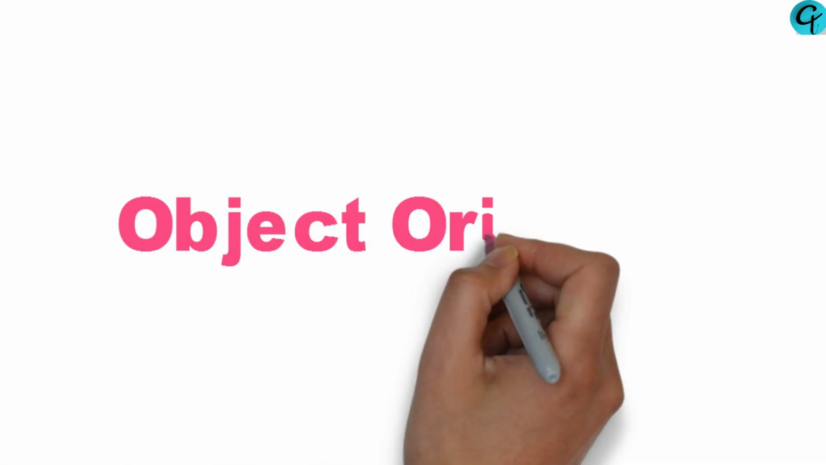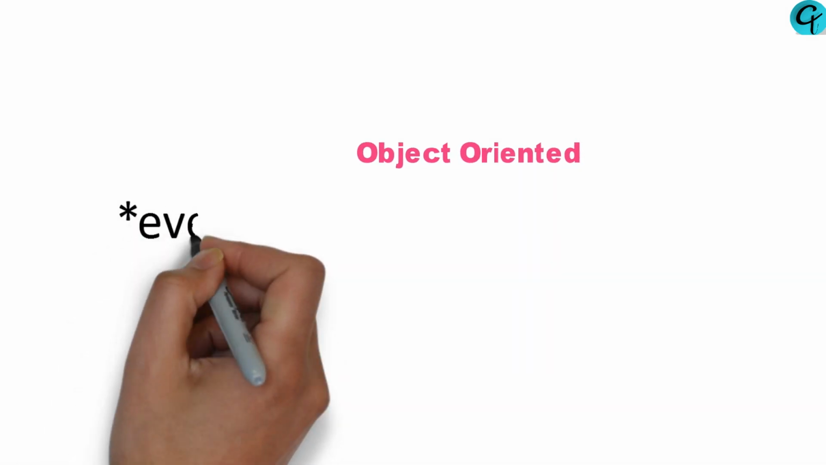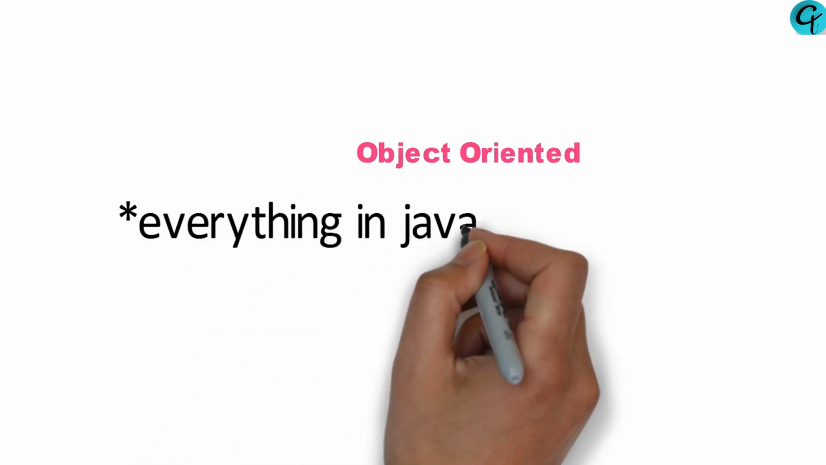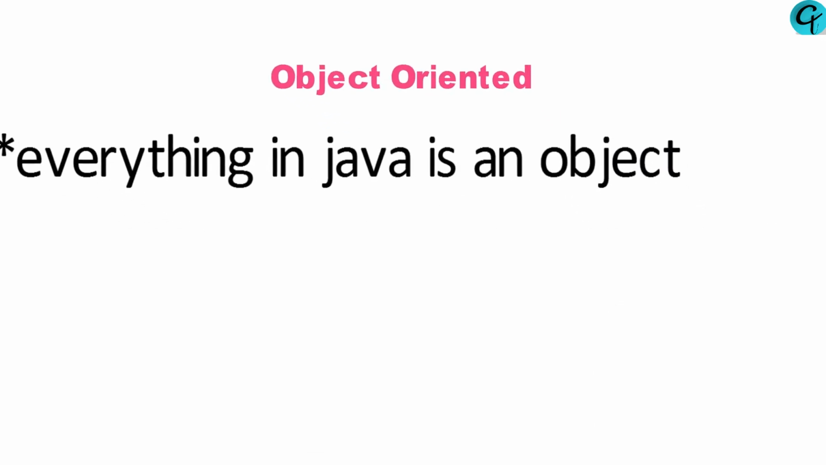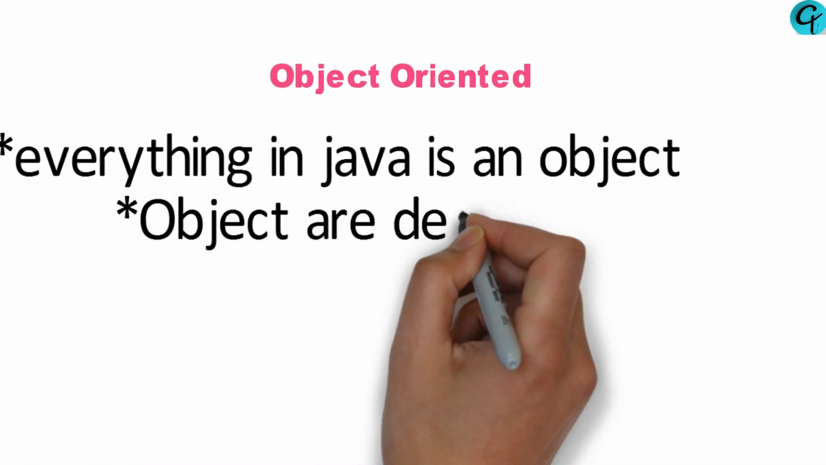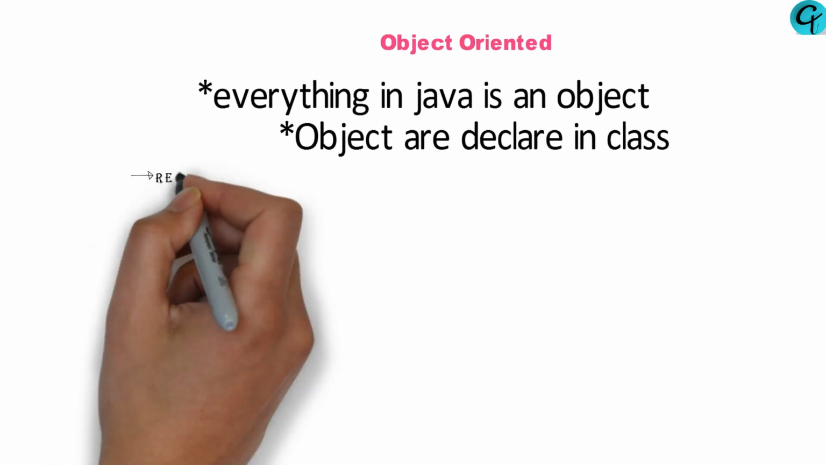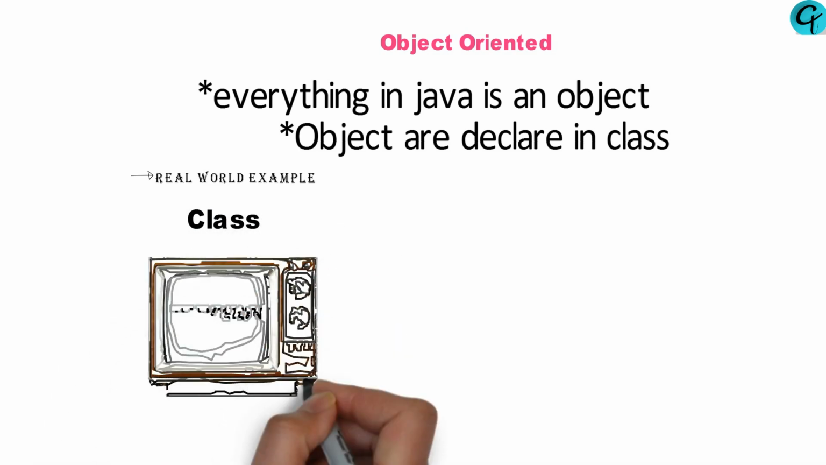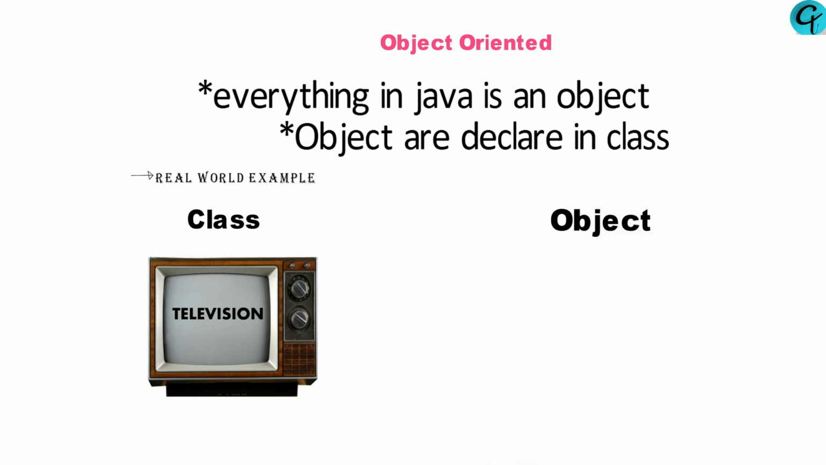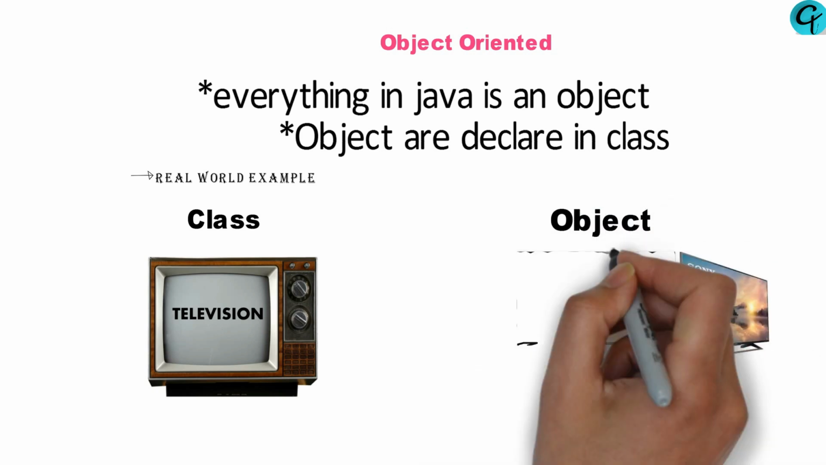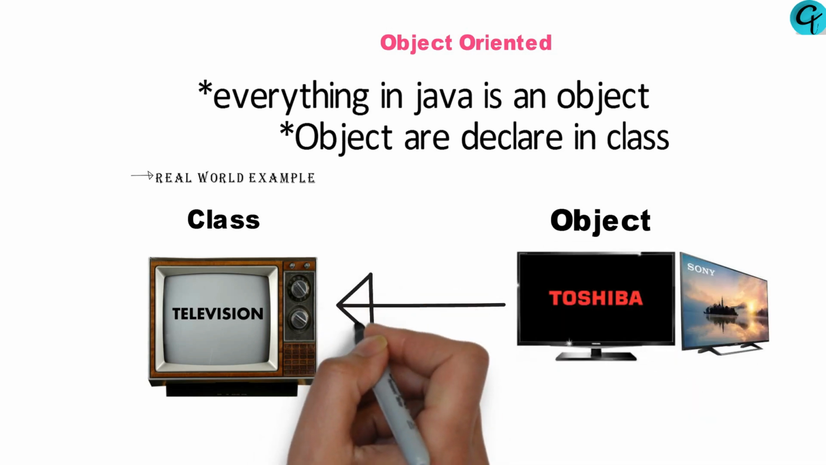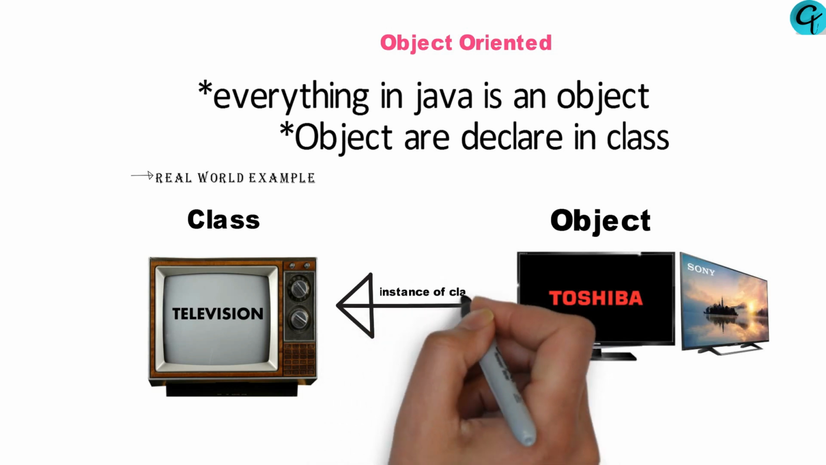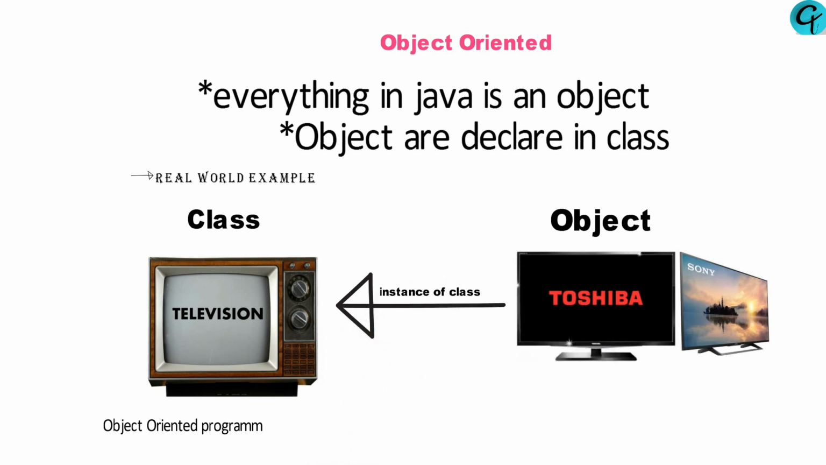Next feature is object-oriented. Everything in Java is an object. Objects are declared in a class. Real-world example: just like Sony TV and Toshiba TV are instances of class television. Object-oriented programming is a programming style which is associated with concepts like class, object, encapsulation, abstraction and polymorphism, which we'll